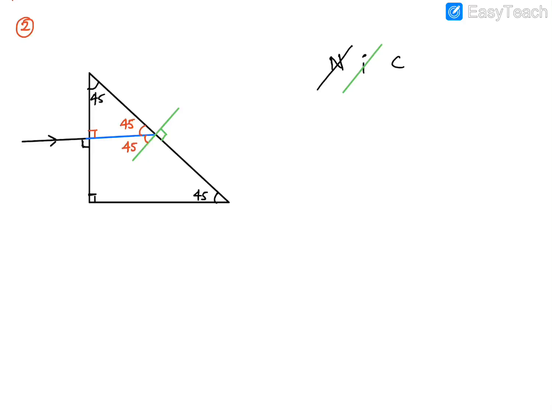Now how will the light ray go? For that we need to compare. What is the critical angle for glass? 42 degree. What is our angle of incidence? 45 degree. Which is greater? 45. So the angle of incidence is more than the critical angle. And that's why what will take place? TIR, case number 3, total internal reflection. How will this light ray go now? This light ray will go down. Sorry, it will reflect back.